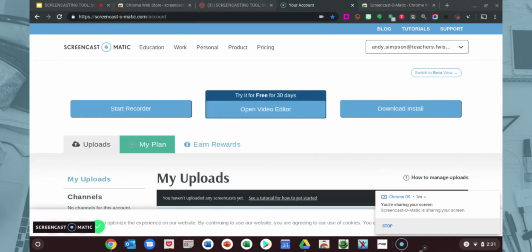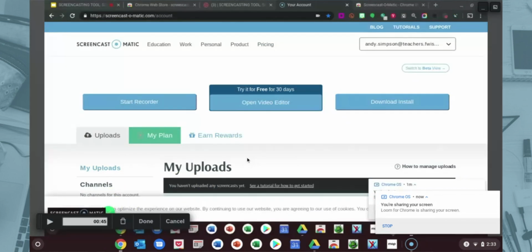And it gave me a countdown and told me it was ready to go. Once I'm no longer recording in Screencast-O-Matic, you can see it has the button to play my video. It gives me the option to delete and start over, or to click Done, where I will begin to choose where I'm going to save and share my video, or to cancel and essentially